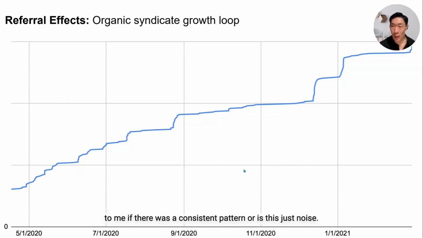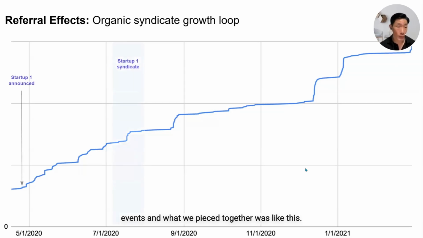And it wasn't clear to me if there was a consistent pattern or is this just noise? So this is why I put together the data. I went back to my inbox. I looked at my calendar to try and map out events. And what we pieced together was